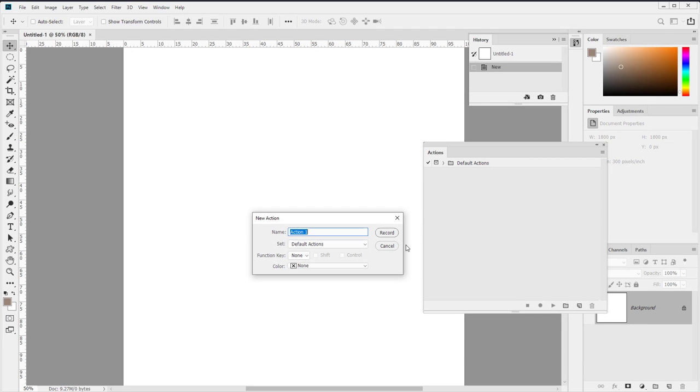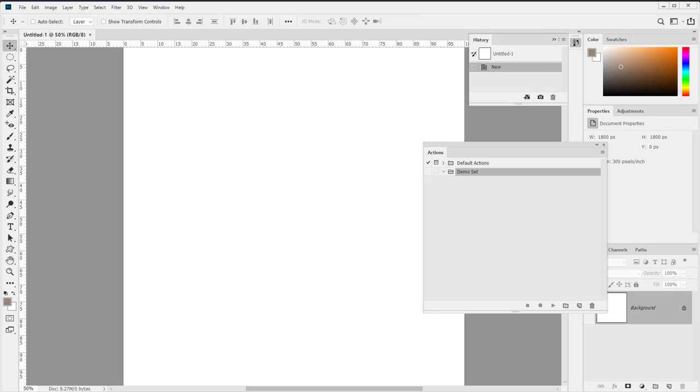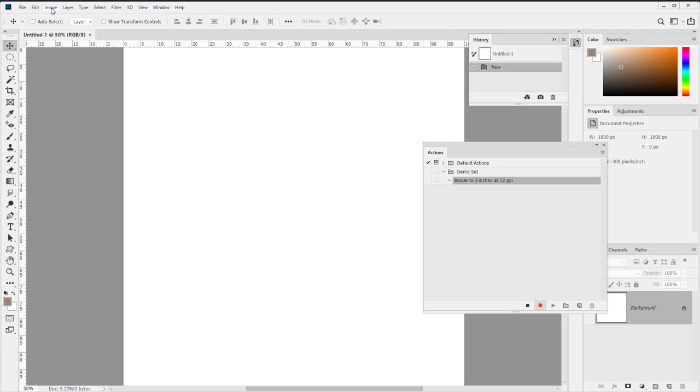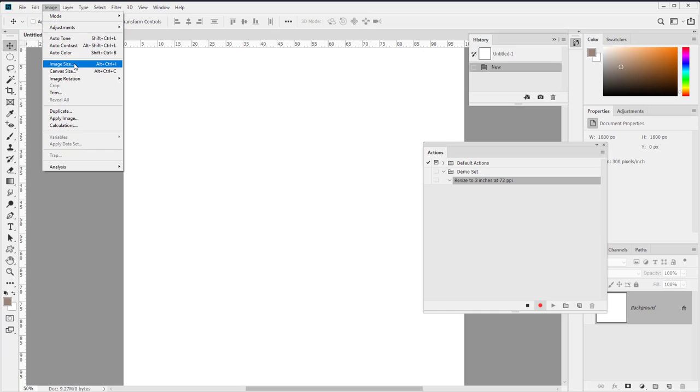how that works. Before I make a new action, let me make a new set. We'll call this Demo Set, and we'll make a new action. We'll call it resize to 3 inches at 72 ppi. And again, we're not going to set a function key. We can always do that later if we need to, or make a shell and load a function key in that way. Let's record. I'm just going to go to image size,